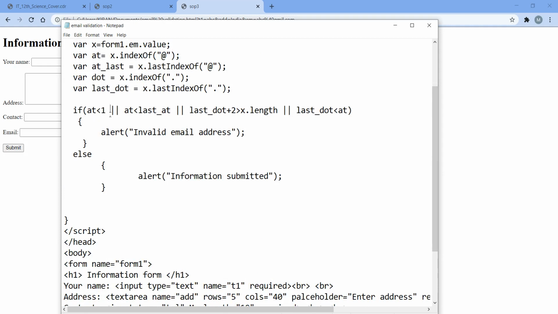Okay, let's remove the space here. Okay, then at and last underscore. Okay, here we have given the wrong name. It is at underscore last, then last dot, x dot length, then last dot. Okay, let's check again.